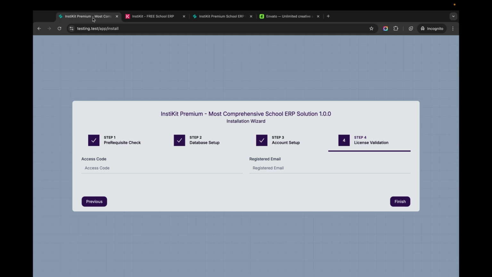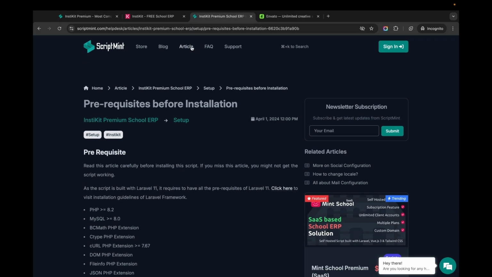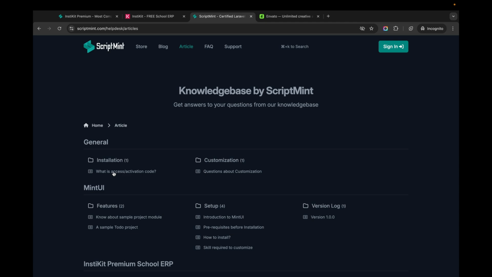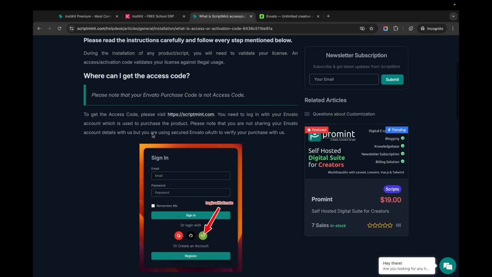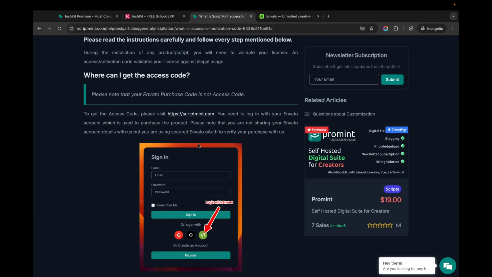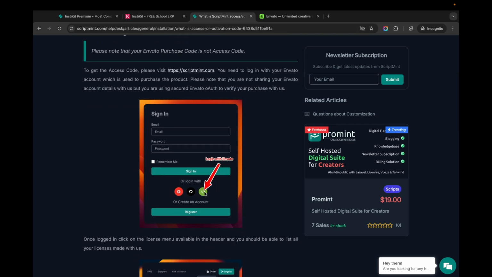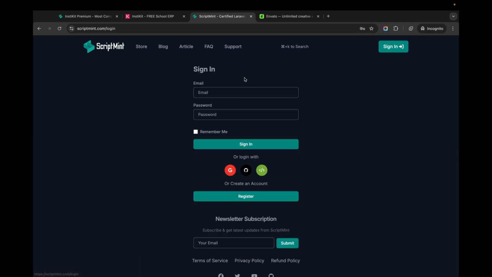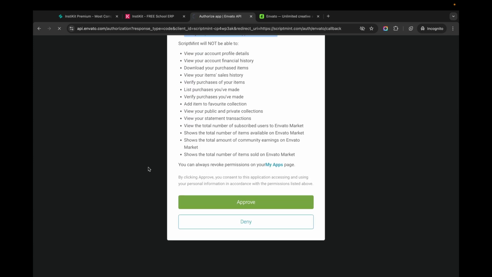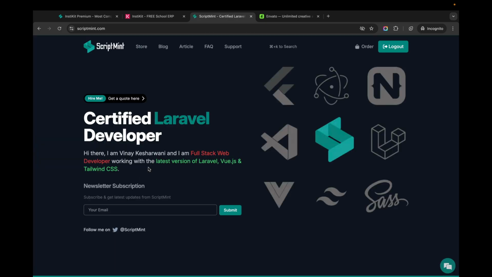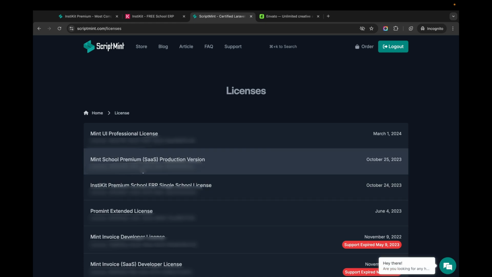To get the access code, please visit scriptman.com article and check the first article, what is access activation code. Here you need to make sure that you log in at scriptman.com website with your Envato account. It will ask for few permissions. Just approve it, and then you will be redirected back to the scriptman.com website. Go to order, license, choose your purchase,